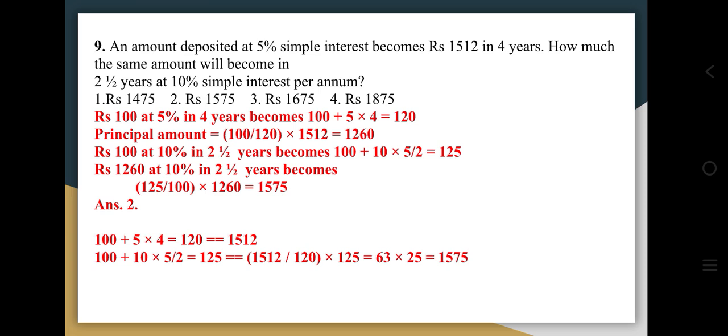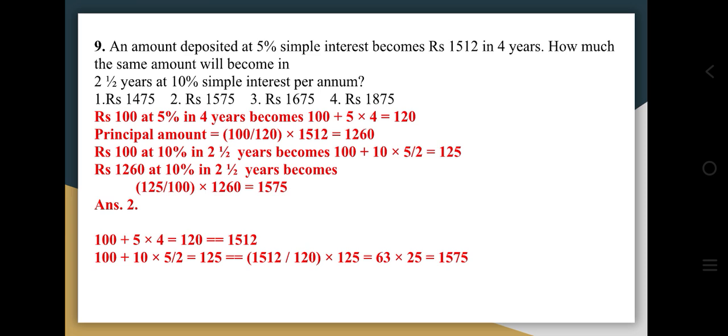So for that, if 100 at 5% in 4 years becomes, as we have already seen, 120, then 120 corresponds to 100. So what does 1512 correspond to? So the principal amount is 100 by 120 into 1512, which is